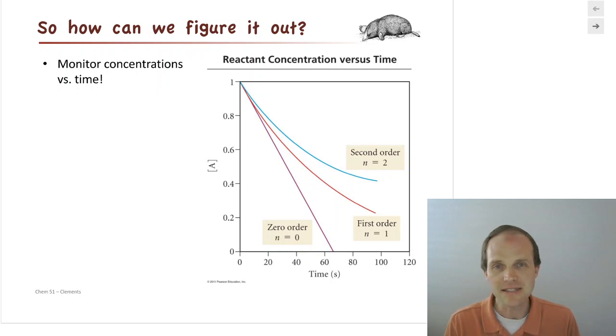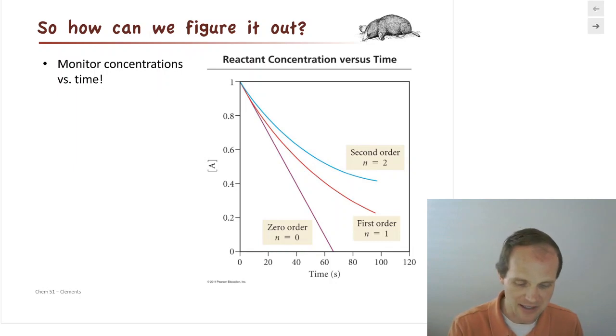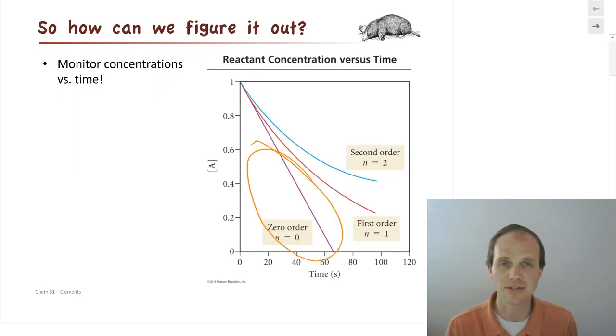Well, the easiest thing might be like, well, we know that for a zero order reaction, something where it doesn't depend on it, the rate's going to be constant over time. So if we look at a chart of concentration versus time, we might expect that that's going to be a line, because that's what we had for our initial chocolate one. We said, hey, we're just producing 100 pounds of chocolate per hour. We're using it up 100 pounds per hour. We had this nice, perfectly straight line.